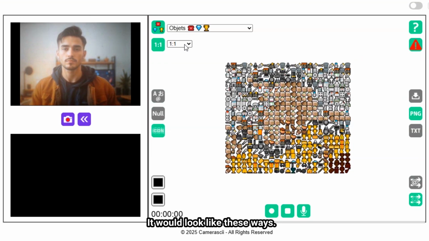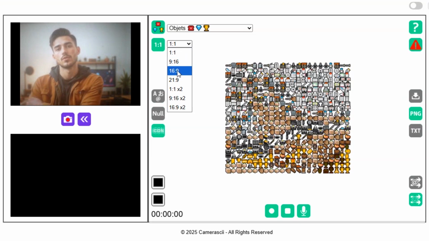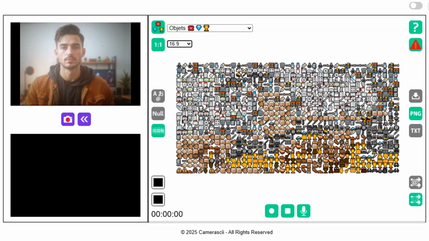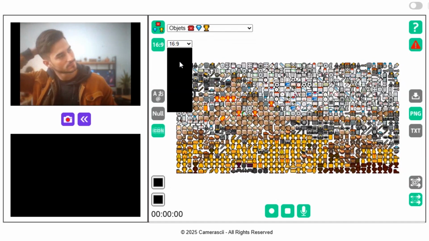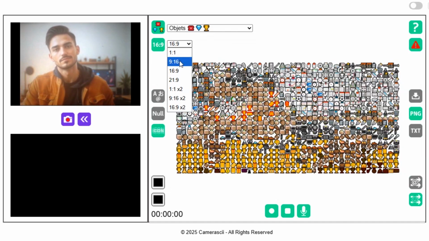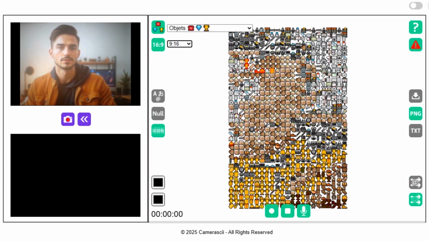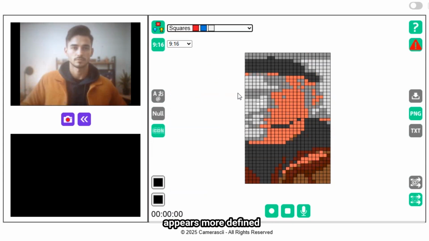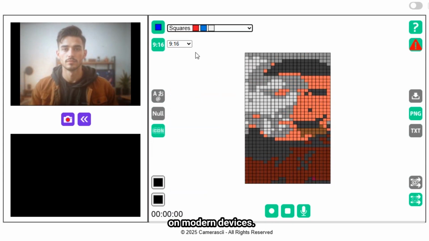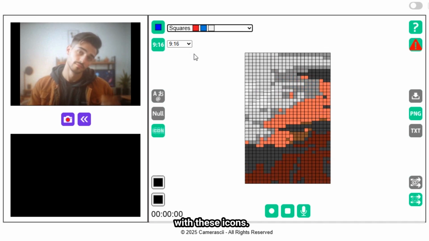It would look like these ways. The shape of the character appears more defined. On modern devices, the experience will be even smoother, improving interaction with these icons.